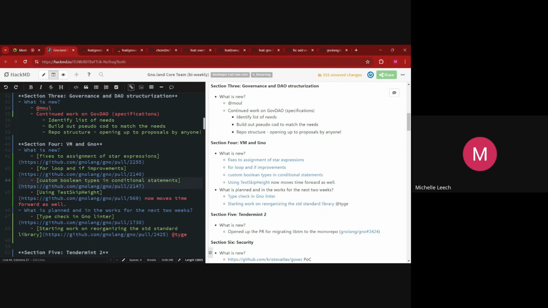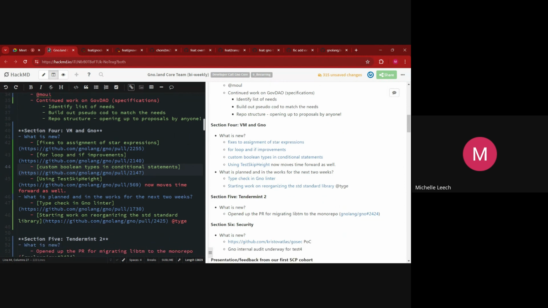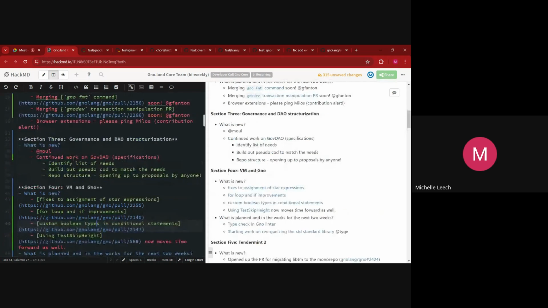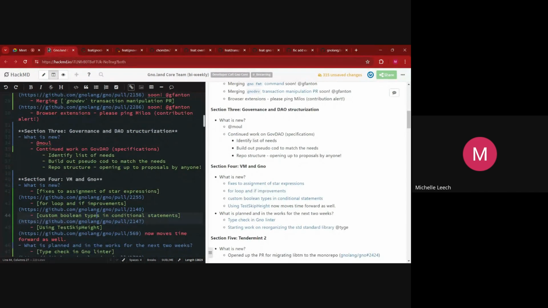Okay. Maybe next time, I guess after GopherCon, we'll have more updates on this. Then I don't know if there are any questions or thoughts that anyone wants to add here on this topic. I mean, I know we're a little bit short on time, but